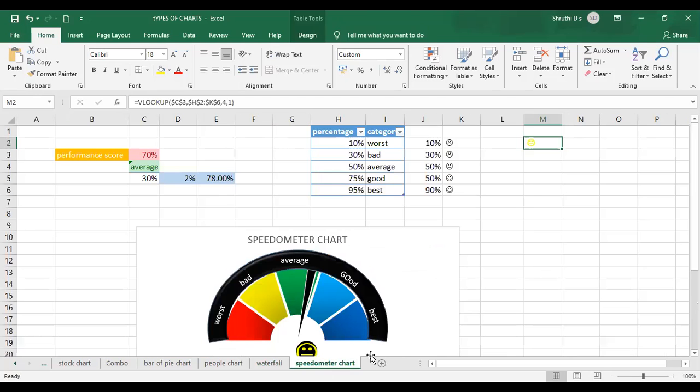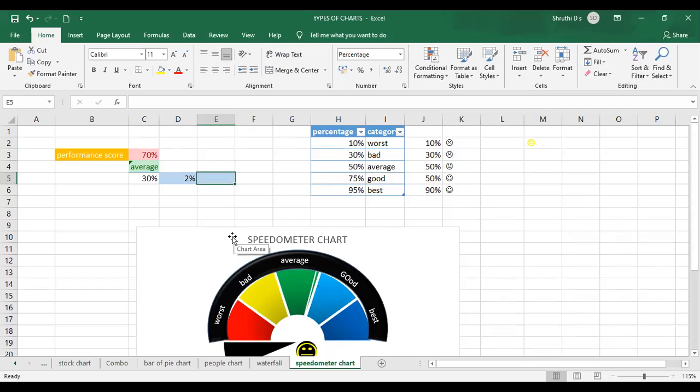The last one here is the speedometer chart. This one is a little bit difficult for you to learn now, so I'll just show you the working of it. We have some data over here, and I've calculated the average performance of each. I have given the percentages like 10, 30, 70, and the category also.